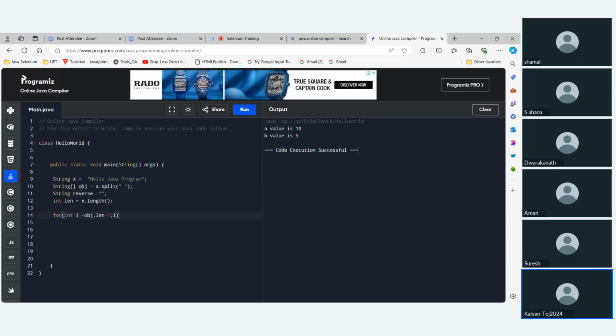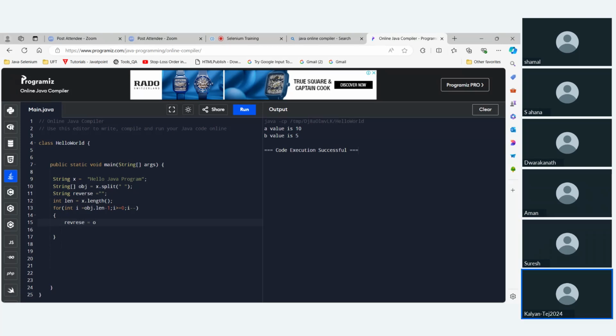Inside the for loop, the result has to be stored in the reverse object. Yes, perfect, Suresh.